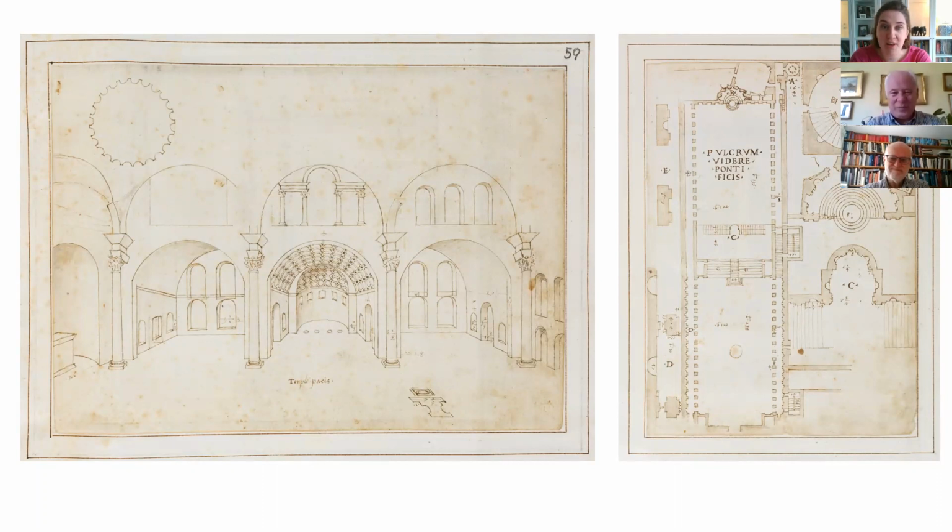And let's kick off. First, can I ask you to tell me, what is the Codex Coner? Well, thank you very much, Francis. The Codex Coner is this wonderful book of early 16th century drawings, which document Rome's ancient monuments at that early part of the 16th century. The book, or the drawings rather, were produced actually during the lifetime of the very famous High Renaissance architect Bramante,